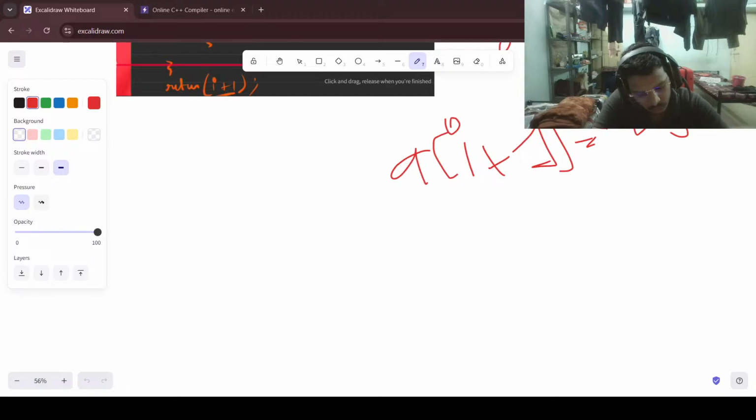Got it? So if you want to solve this problem, the problem link will be in the description. I've written the exact same code and I'm submitting this problem and it is running absolutely fine. So I've solved this problem. Now, if this problem comes up in an interview, the follow-up question very likely will be